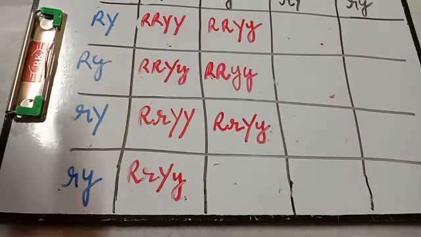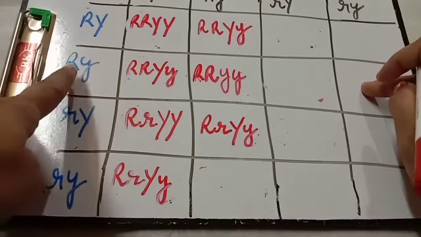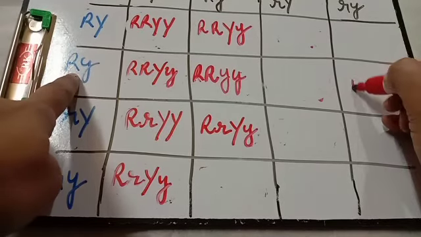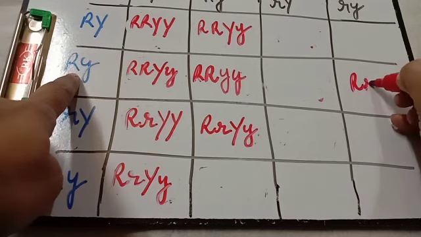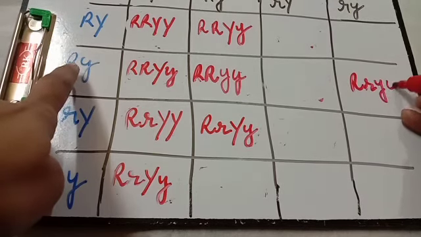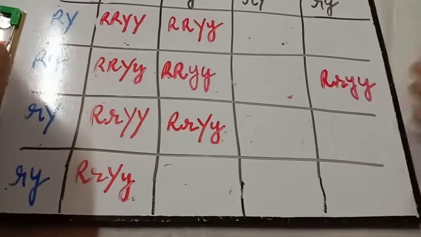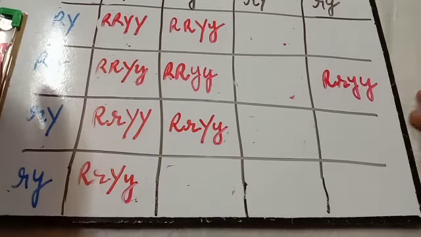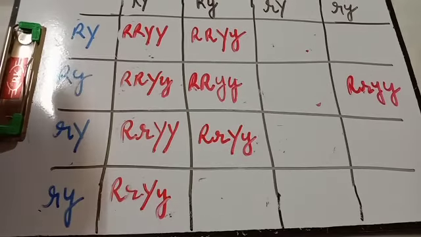Let us take one more from somewhere in the middle. If I take this one, R, Y and this. Okay. So out of this, which one is capital? Here R, small r. Then both are small y. So what will be the result? Round and green. Small y is for green. So this way I fill, and I'll tell you how you get the ratio. In your textbook it is given 9:3:3:1. How did that come? That I'll tell you.